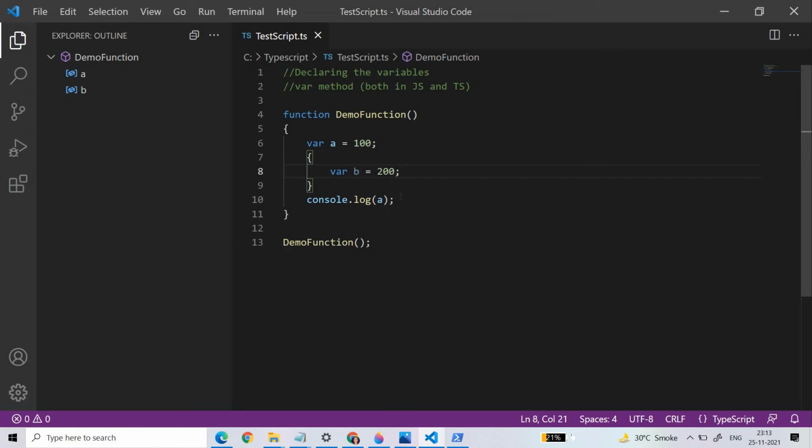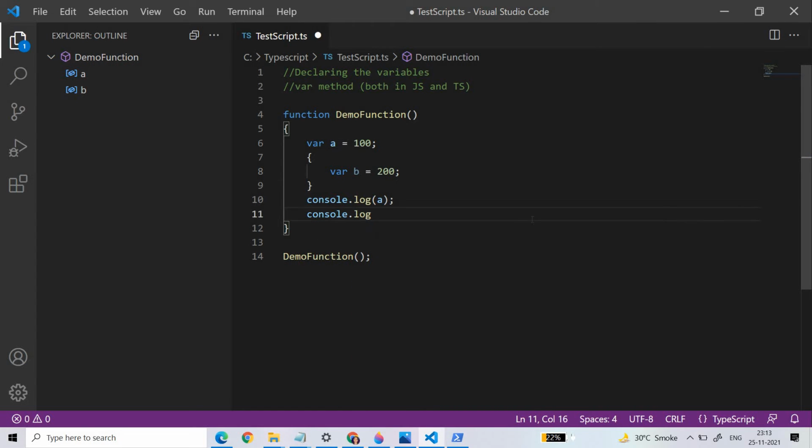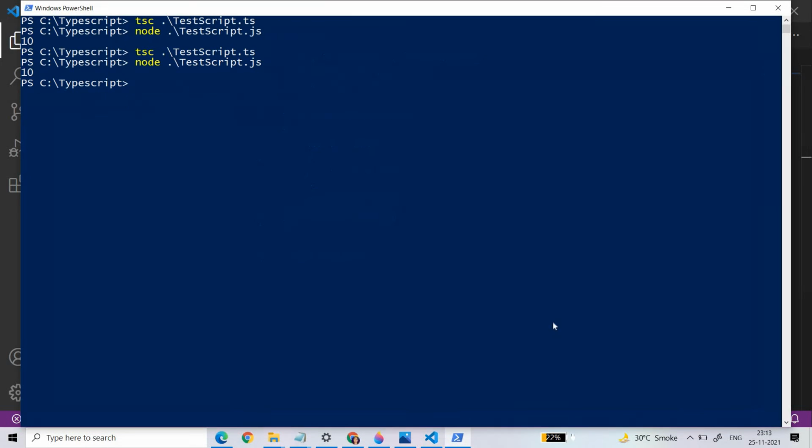Now I'm printing console.log a and console.log b. Let us see what the output is. Will it print both a and b? Because b is in a different scope and a is in the scope of this function. Let us compile it again and see what happens.